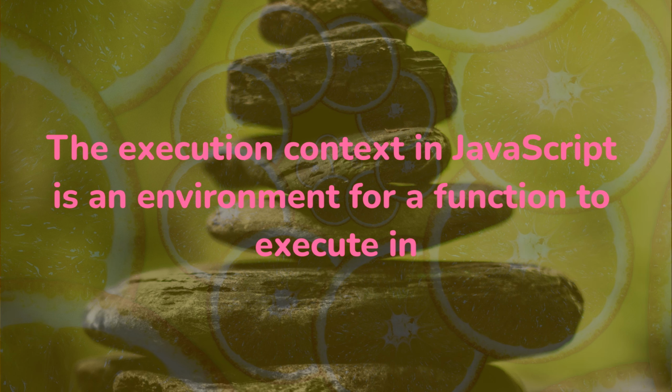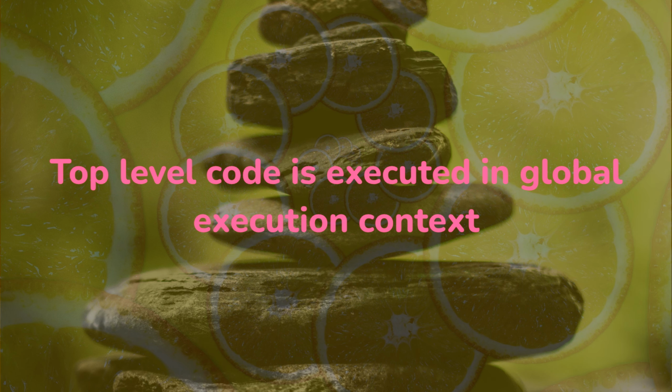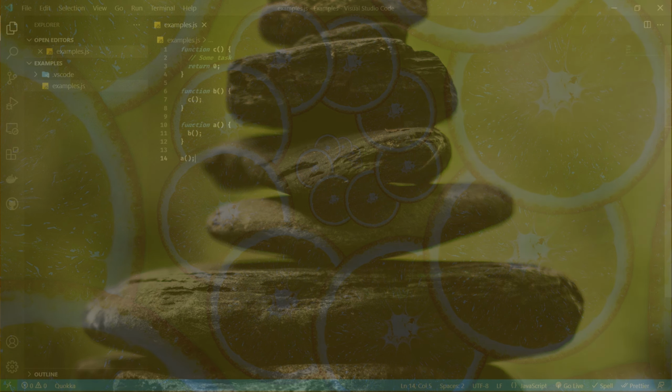Now you may ask what an execution context is. Well, not going in too deep, otherwise it will be like a rabbit hole and we will get too diverted from the main topic. You can think of an execution context as an environment where a function executes in. And fun fact, the code that is executed at the top level or outside any function declaration is done at global execution context level. Okay, now that is enough about the execution context.